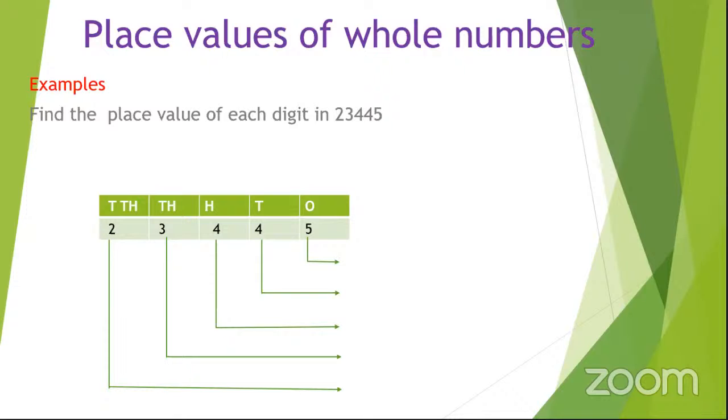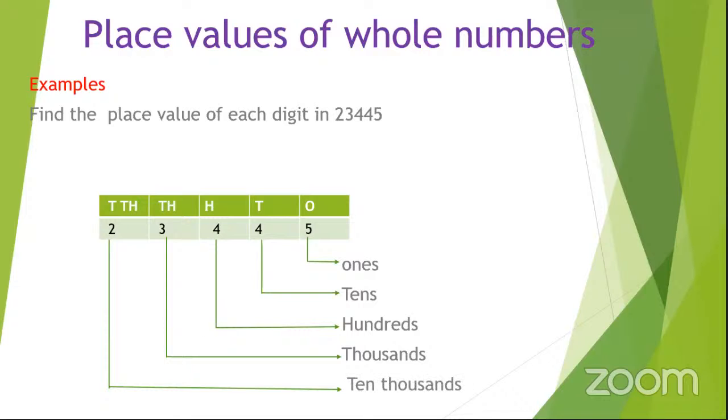Starting from the right, the first digit is always on the right hand, and it is under the place value of ones. Regardless of how many digits you have, the first digit on the right will always be under the ones place value. After giving the place values in the table, you can write them fully. We have 5 under ones, we have T to represent tens, and that's how it is written. Take note of the spellings. We have hundreds, and that's how it is written. Take note also of the spellings. We have thousands, and that's how it can be written. And we also have 10,000.